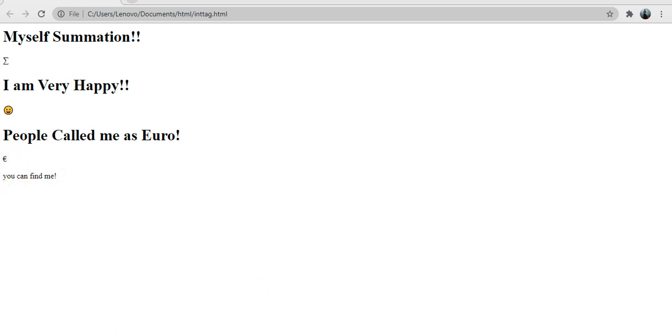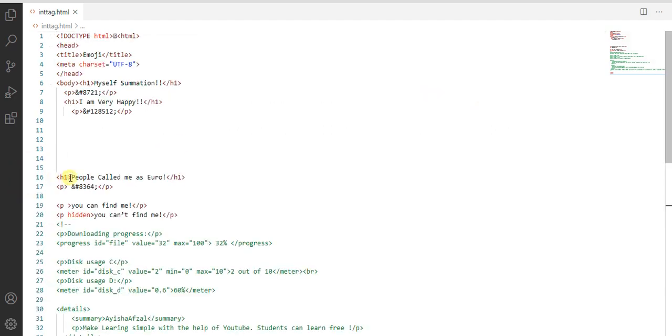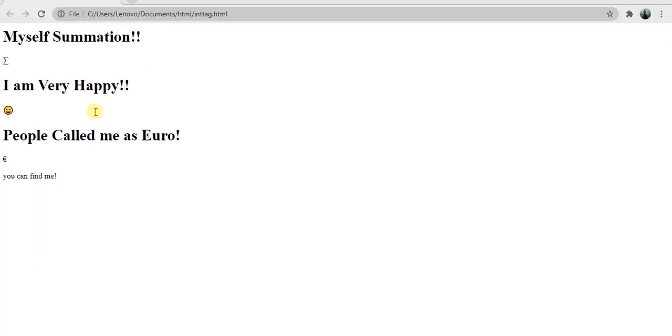Then you can find me, this is not hidden. You cannot find me, it is hidden, that's why it doesn't display. We can change it now. You can find me has the attribute called hidden, cannot find me has no attribute. Now which one will display exactly?